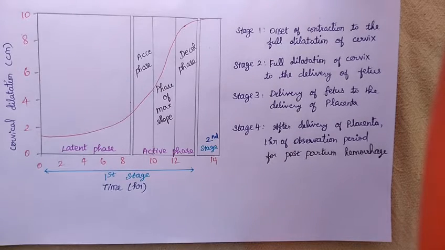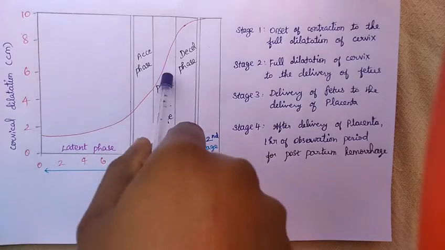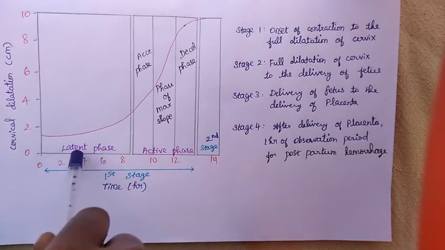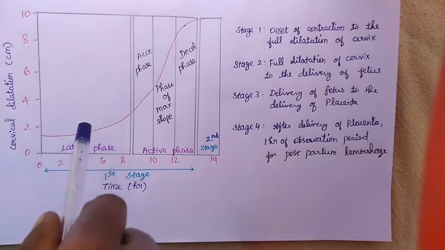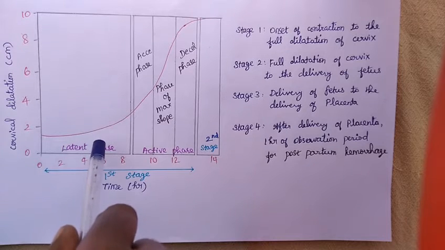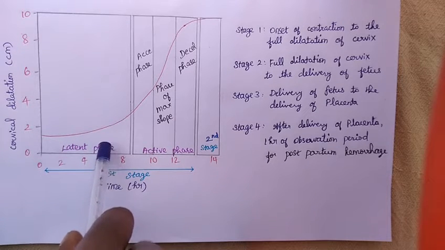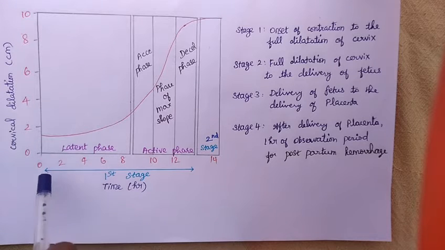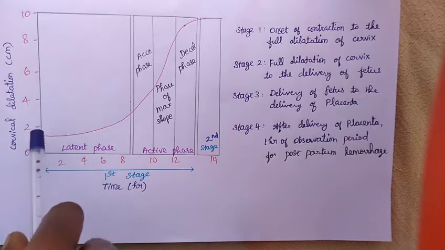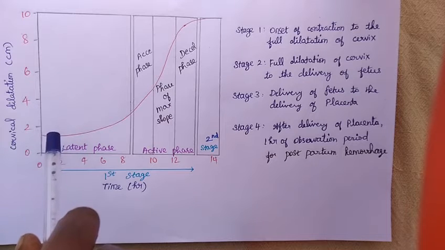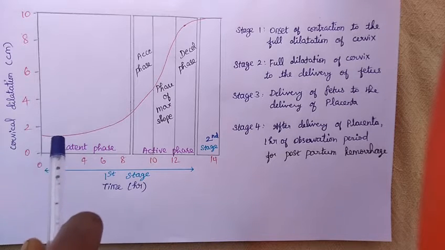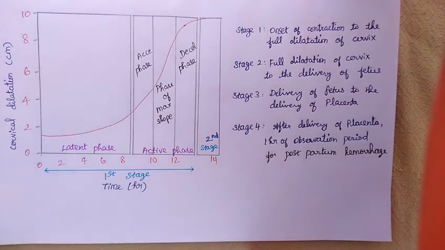After 4 cm, the slope is rapidly progressing. So the latent phase can take 5 hours or 6 hours or even 10 hours. Latent phase is the phase with irregular contractions, not very strong, not very painful, and it is said to be around 3 to 4 hours or 5 to 6 hours. The latent phase should never be more than 14 hours